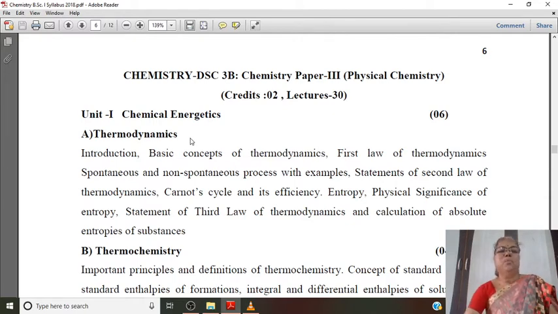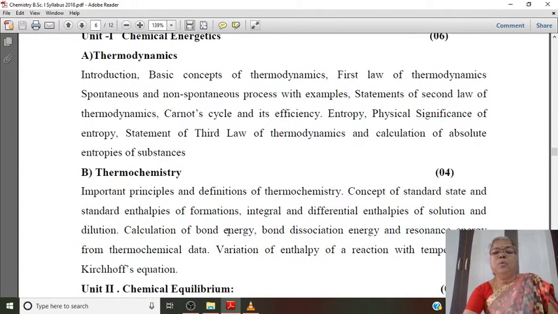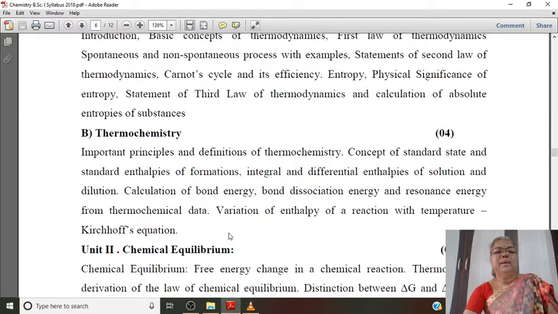That part A is thermodynamics, and this is a very simple topic. Then we deal with the second point, that is part B,